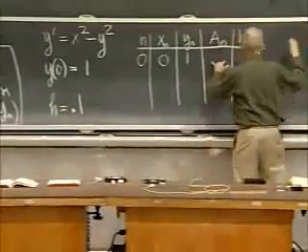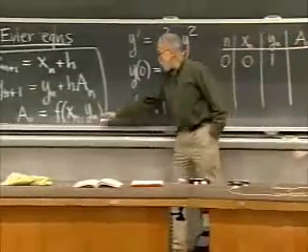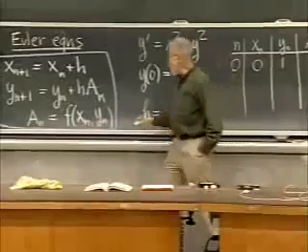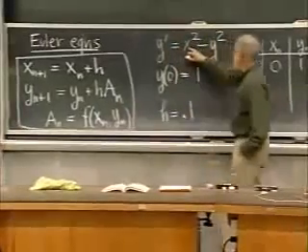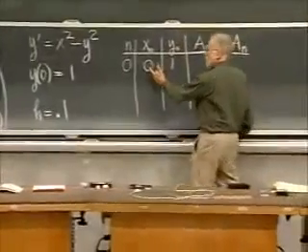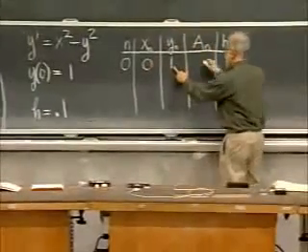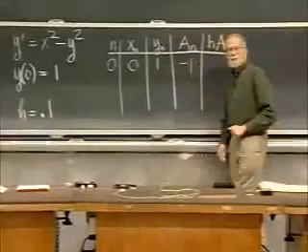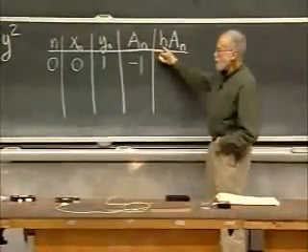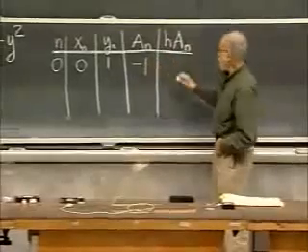Well, since AN is the value of the right-hand side at the point (0, 1), you have to plug that in. The right-hand side is x squared minus y squared. So it's 0 squared minus 1 squared. The value of the slope there is negative 1. Now I have to multiply that by h. H is 0.1, so it's